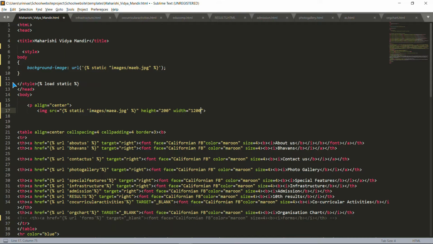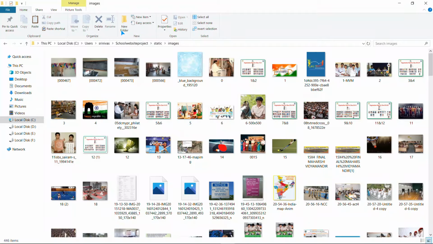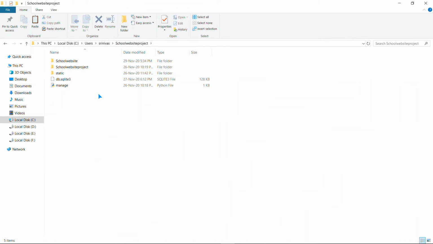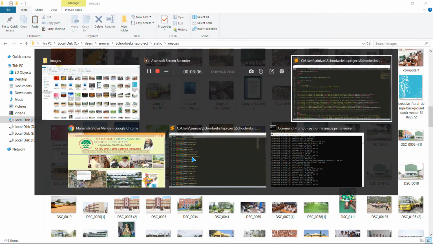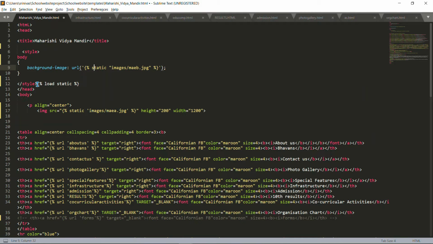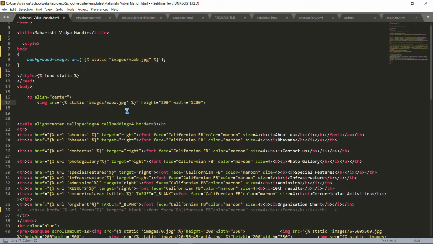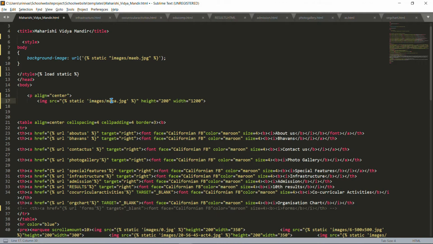I am going to explain the coding behind this web page. First, this is the HTML code for the home page. To include the images that you saw on the website, we created a folder called static in the project file, and inside that we created a folder images, and there we stored all the image files that we got from the net. To load that, we used the function load static, and in the normal HTML image tag, in the image source, we have to include the same percent static in the location of the image, that is images slash the image name with extension, and this is optional height and width.